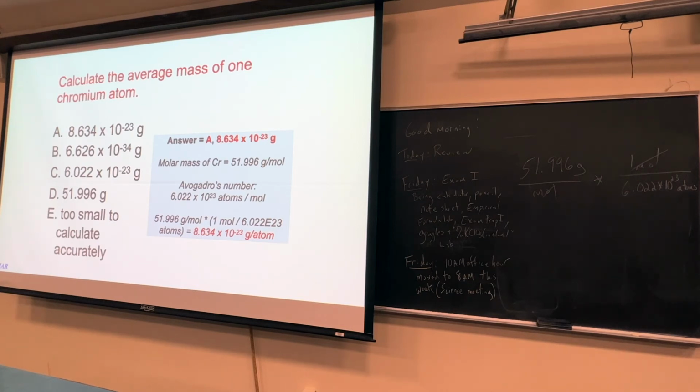And one type of question you could see is it'll give you a bunch of masses, and which one of those is too small for chromium? Well, if you had a number that was under this, that would be an impossible mass, in theory anyway, for chromium. Because that would be below what the average was and stuff. But anyway,